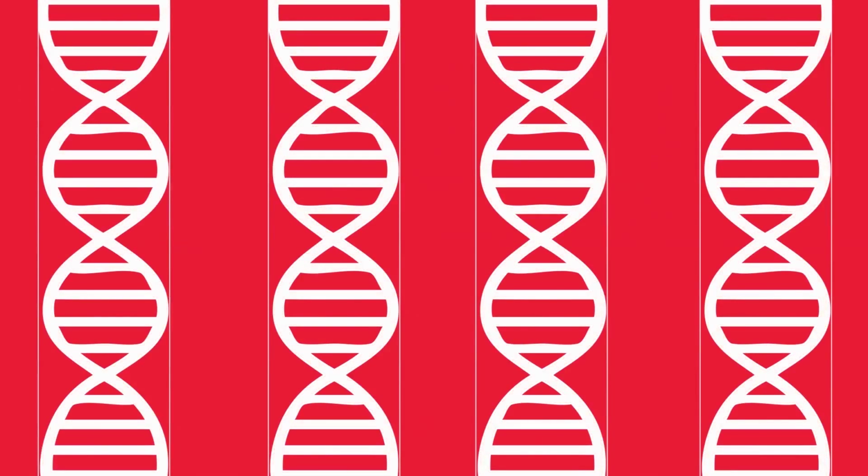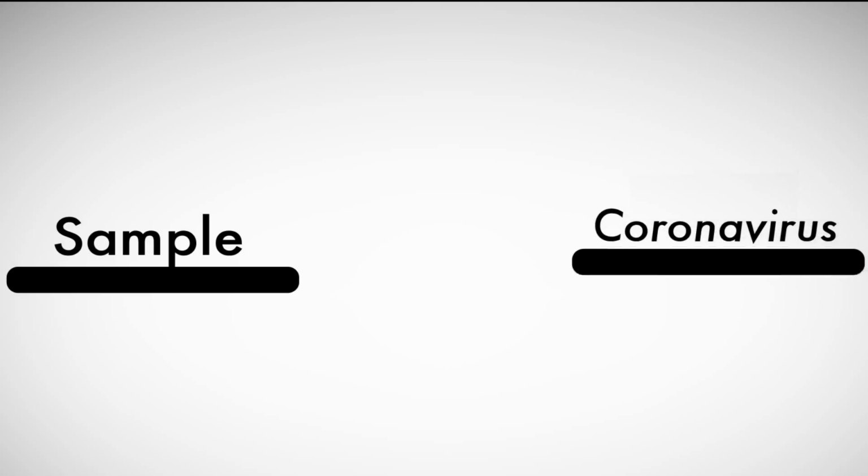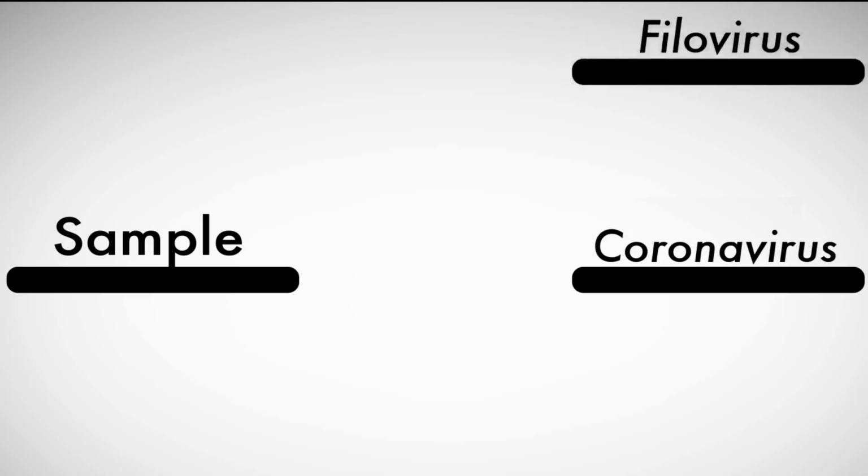We can screen a large number of samples and get a sense of what diversity of viruses exist within the samples that we collect. One of the things we can learn is how a new virus is related to other viruses within that family. So whether it's something we're concerned about like SARS or MERS, if we're talking about coronaviruses, for example. From there, we can decide if we need to generate additional data to learn more about this virus.